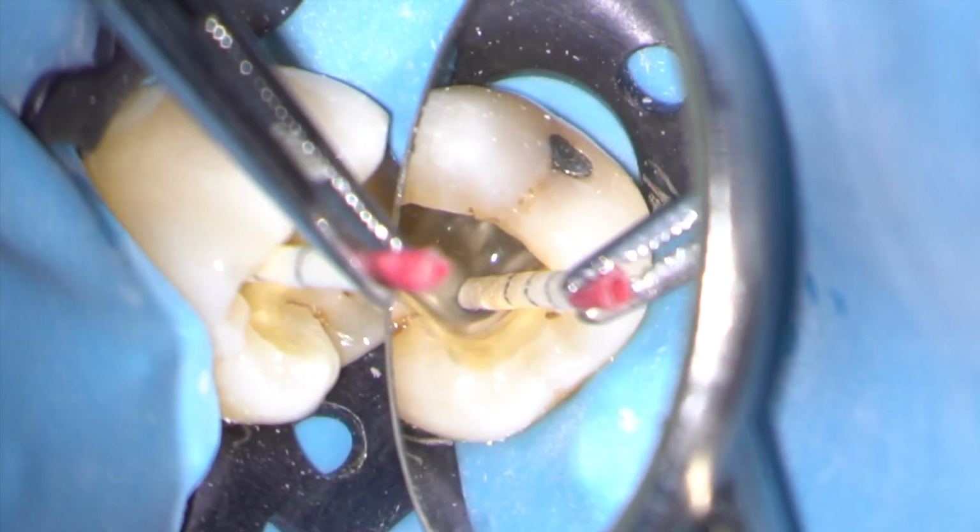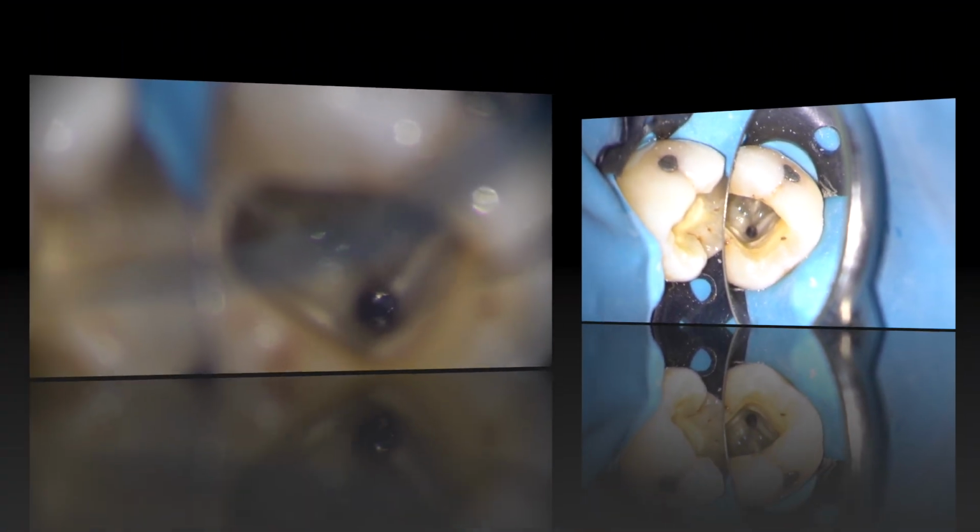We're now looking down the mesiolingual canal, and I can see under the microscope the head of the piece of fractured instrument. I've created a landing stage around the head, and I'm trying to loosen it using an Action ET25. Unfortunately, the piece of fractured instrument breaks in half and a piece is remaining. This is so deep that it's longer than the ET25, and so I swap over after irrigating the root canal